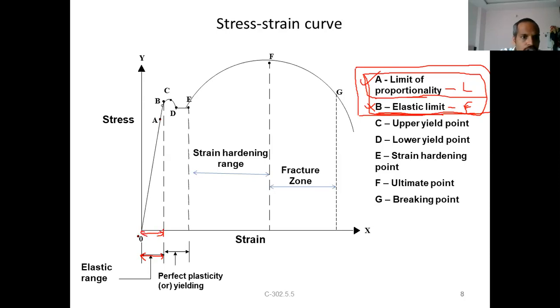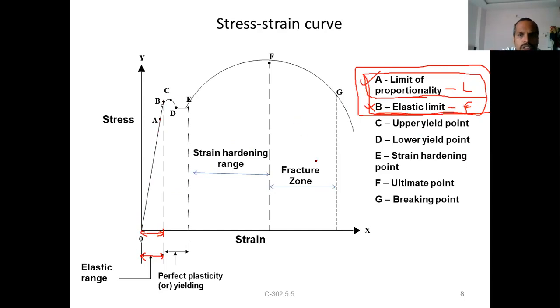But if you remove the load, it comes to its original shape, right? One more thing, while drawing the stress strain curve, the curve shall be very close to the y-axis, not like this or like this. Even though there is an indication point given, it will be very close.